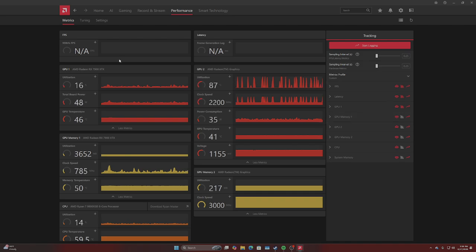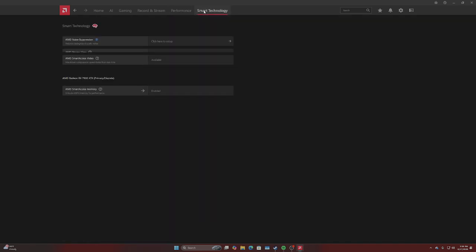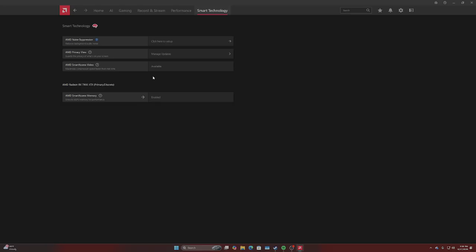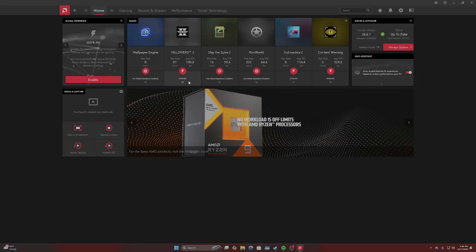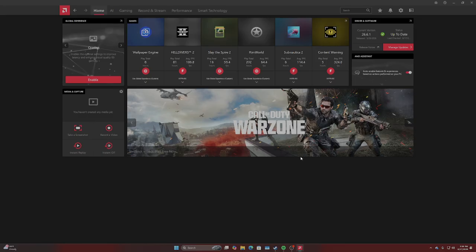This is just your graph overlay, and then smart technology. I think this is all pretty self-explanatory. But from here, I'll show you how to go into overclocking and making custom profiles for your